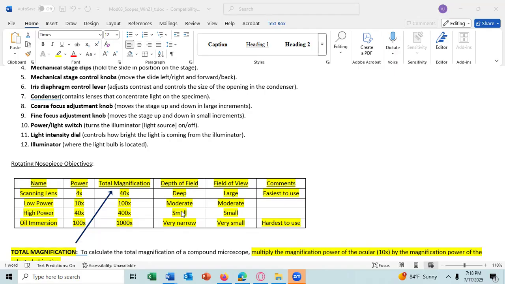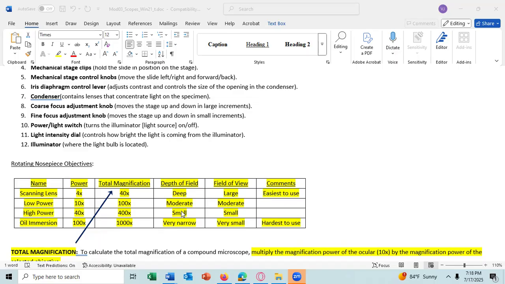The field of view is how much of the slide you're able to see under the objective lens. With the 4x lens, you're seeing the largest field of view. So of a slide, something like this, you can see a large portion of the slide.